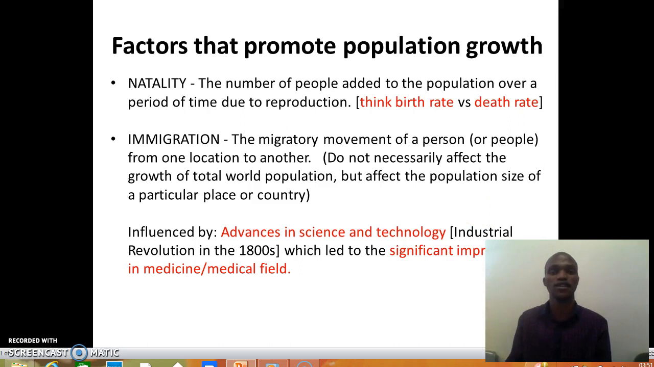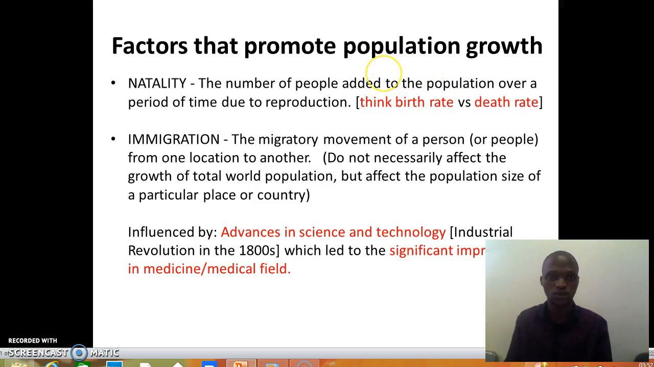Here we'll look at factors that promote population growth. The number of people added to the population over a period of time due to reproduction, that is the birth rate, which is also cancelled by the number of people who die per year, that is the death rate. So the factors that promote population growth are actually the birth and death rate, and also migration, which does not have that significant an effect